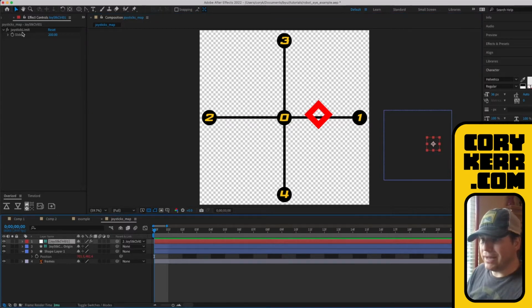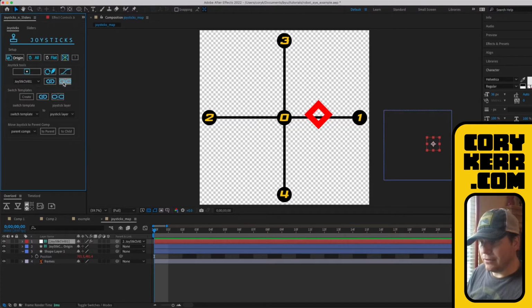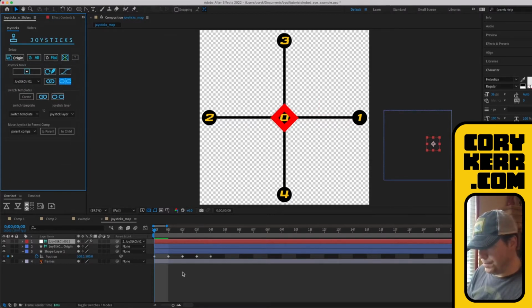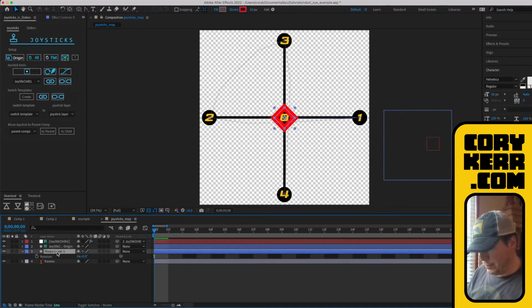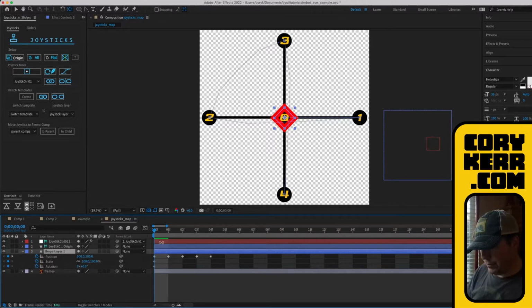For example, you can bind multiple things to it. And so I'm going to go back to joysticks and sliders. I'm going to unbind that. And then I'm going to come in to this. I'm also going to add a rotation. And let's do a scale. And so now I can come in, and when I move it to the right, let's have it rotate a